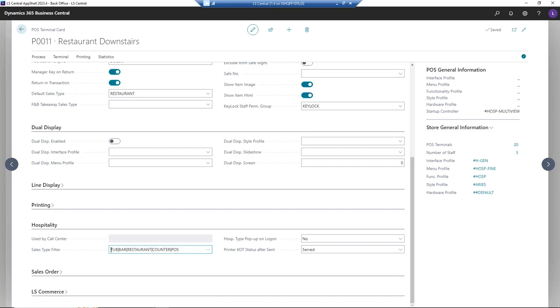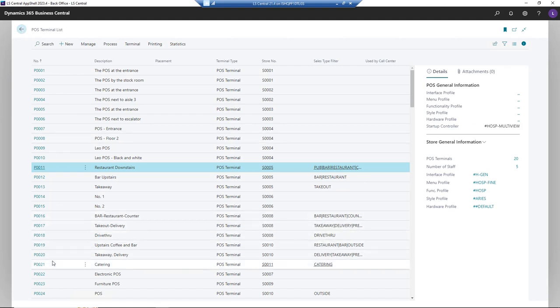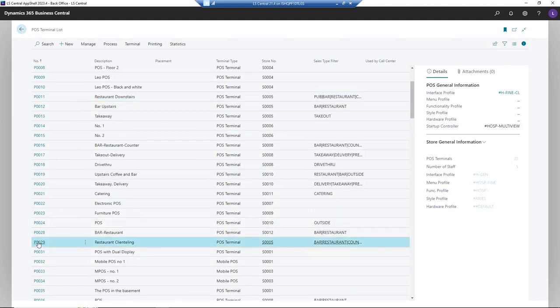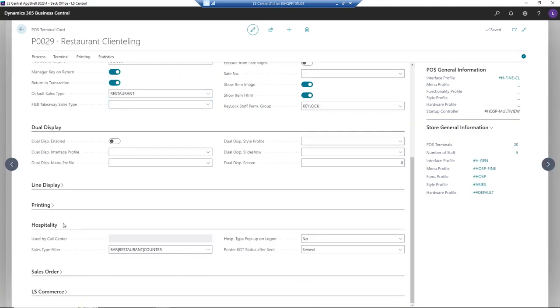And it doesn't come in this order; it comes in a different order depending on when we created the hospitality types. Don't worry about that now. You see we have 5. Now let's go in and find number 29, and look at that one. Down here on the hospitality fast tab, you see we only see 3. That's why we saw 3 for the 29 guy and 5 different ones for the 11 guy. That explains it. How these hospitalities are set up and why they come in a different order is more of a deep dive that is part of the hospitality course, but not here in this introduction course.